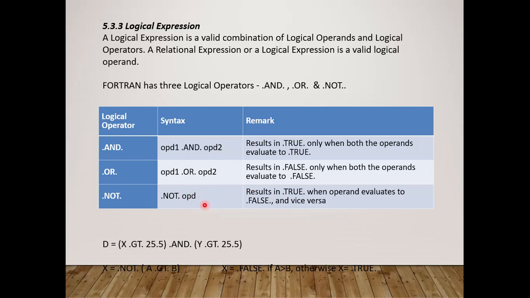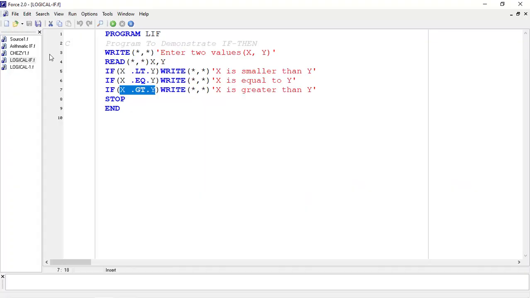Likewise, you can see this example: d equals, if x is greater than 25.5 .AND. y. This is a relational operator we have used here, and this is a logical operator. .NOT. a greater than b. So this is how this logical expression is to be used. We can see the